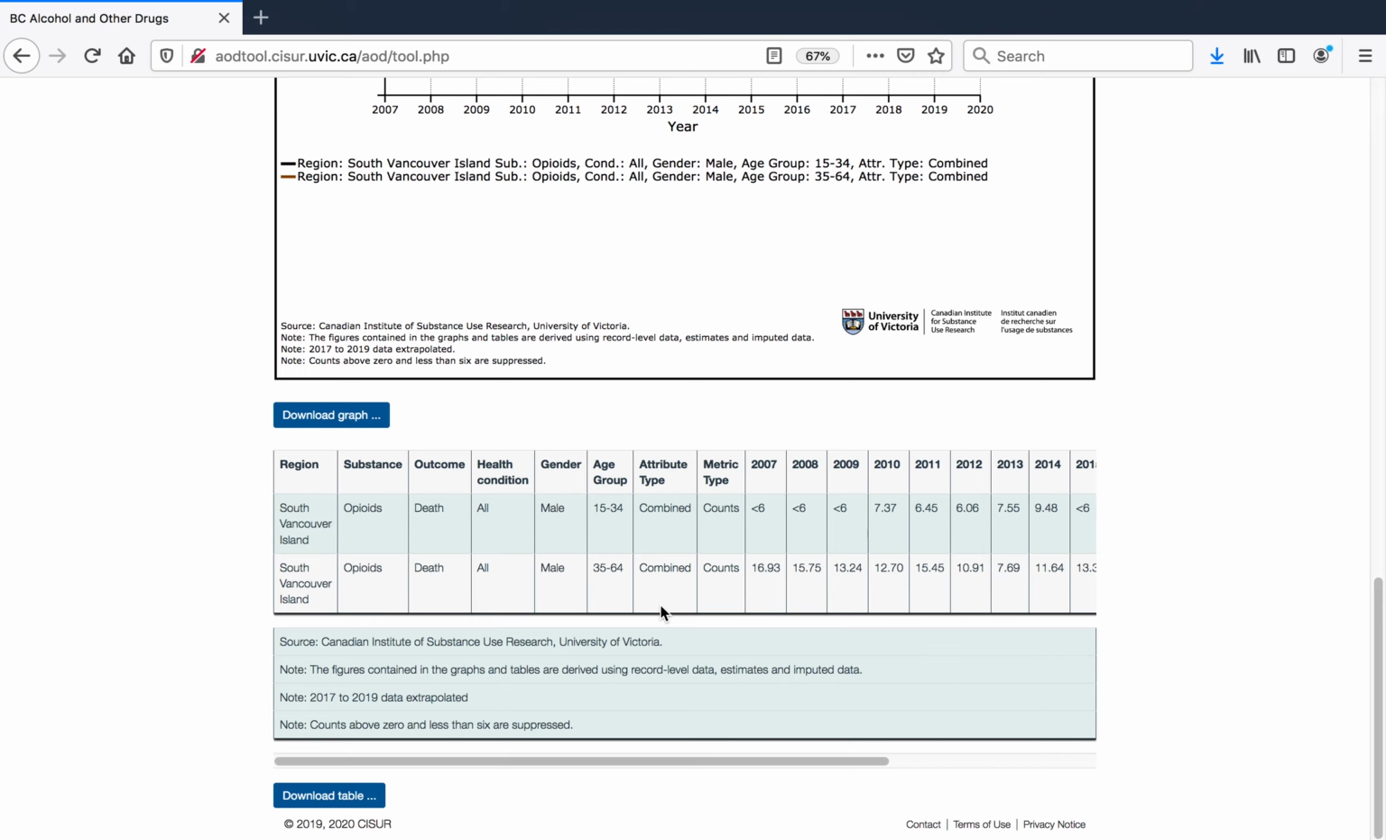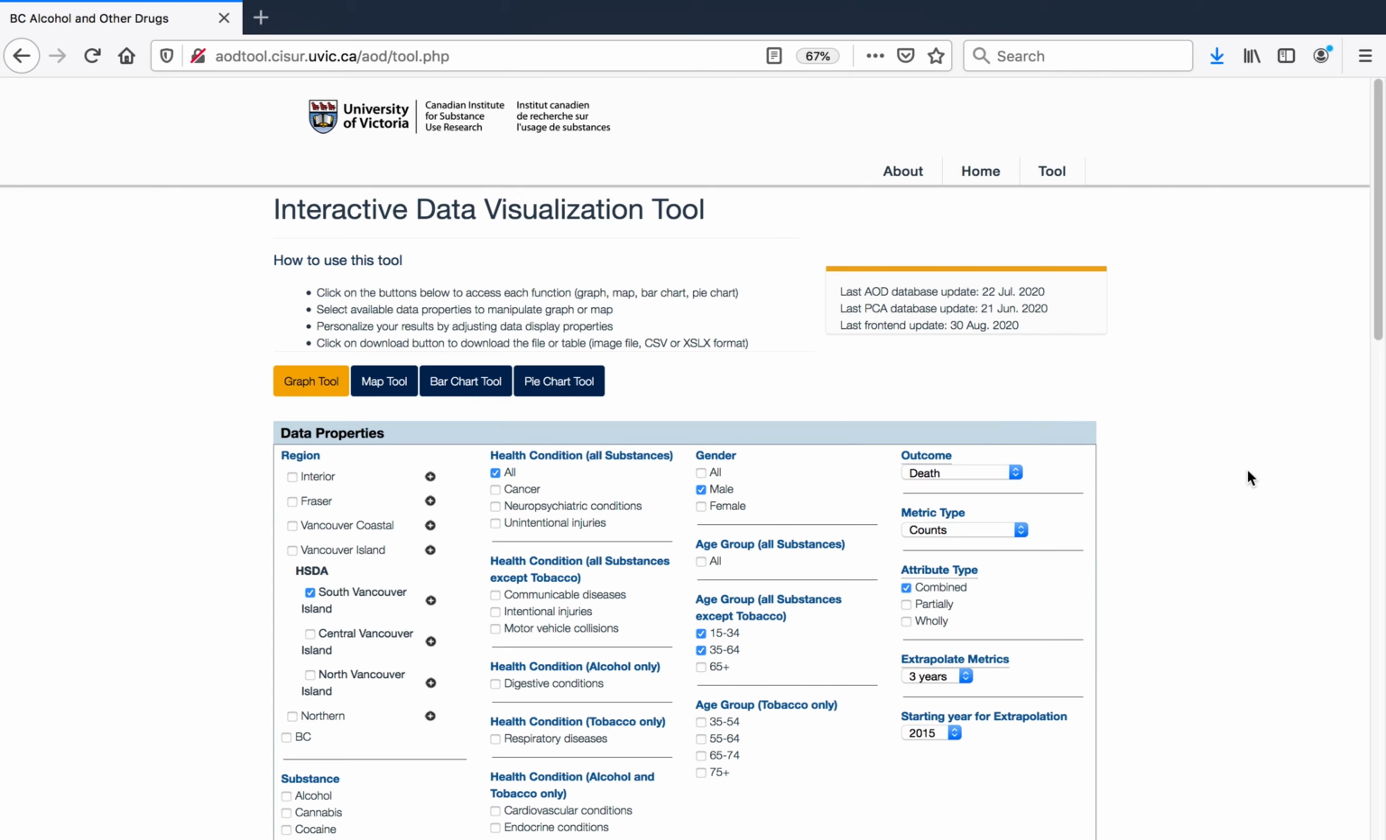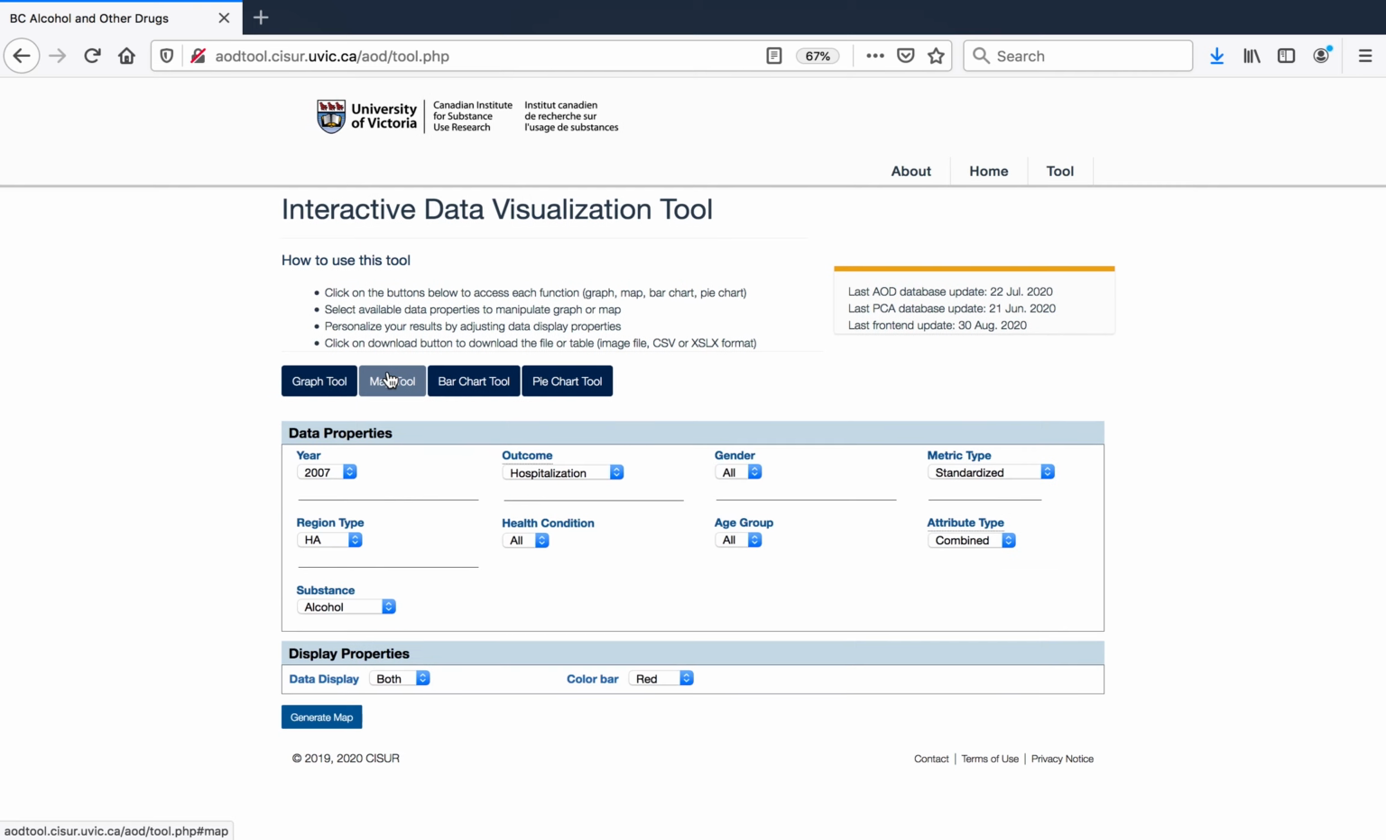The next example is the Map tool. To select the Map tool, click on the Map Tool tab. The AOD data can be mapped to the health authorities, health service delivery areas, or local health areas. If, for example, we are interested in the 2016 death standardized rates wholly attributable to alcohol for health service delivery areas, we would select Death for Outcome,